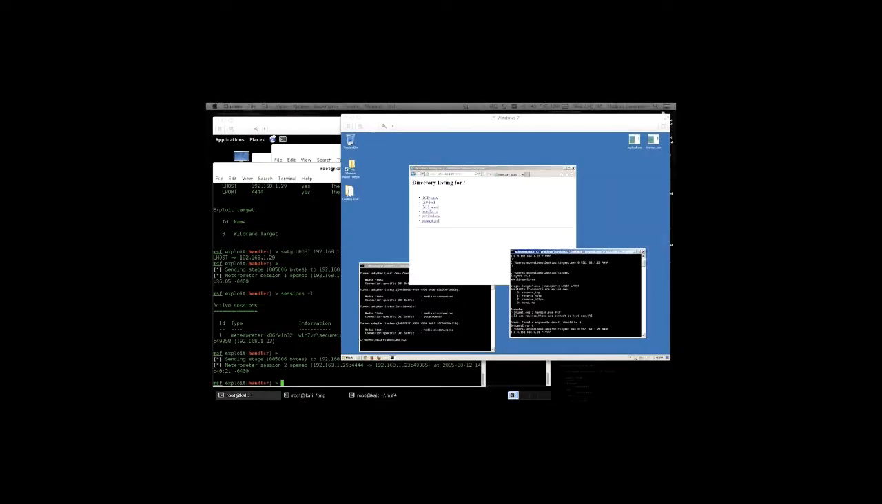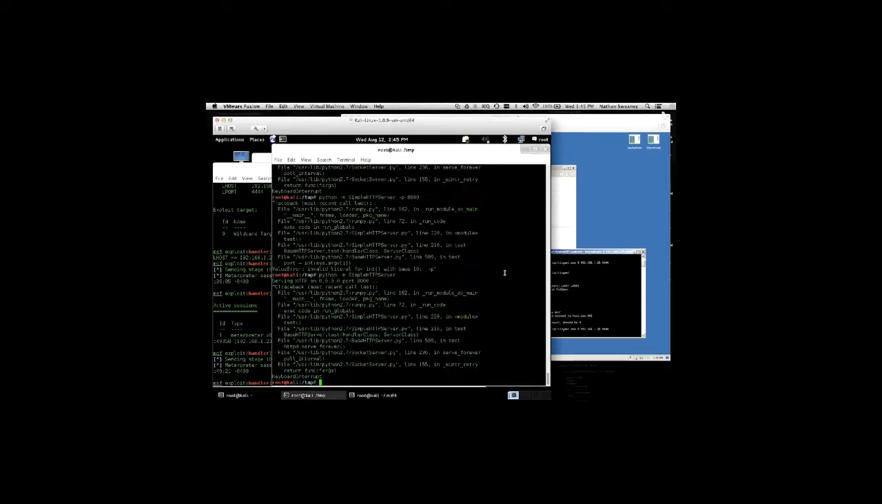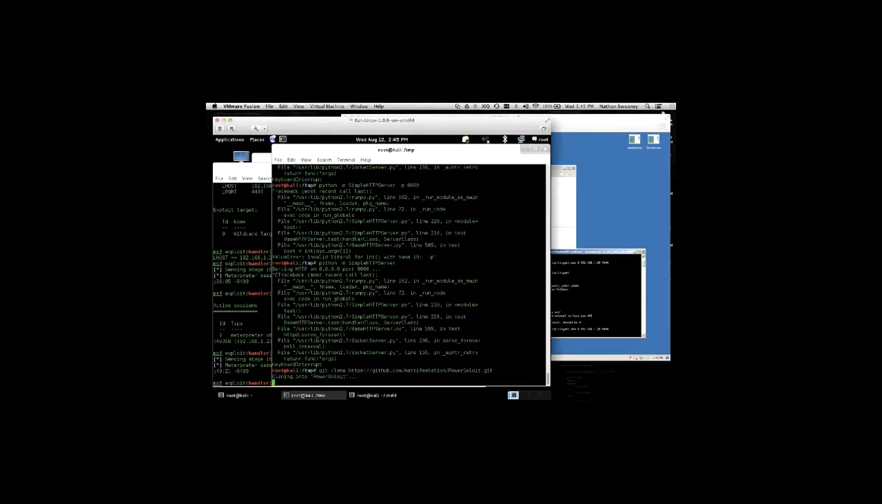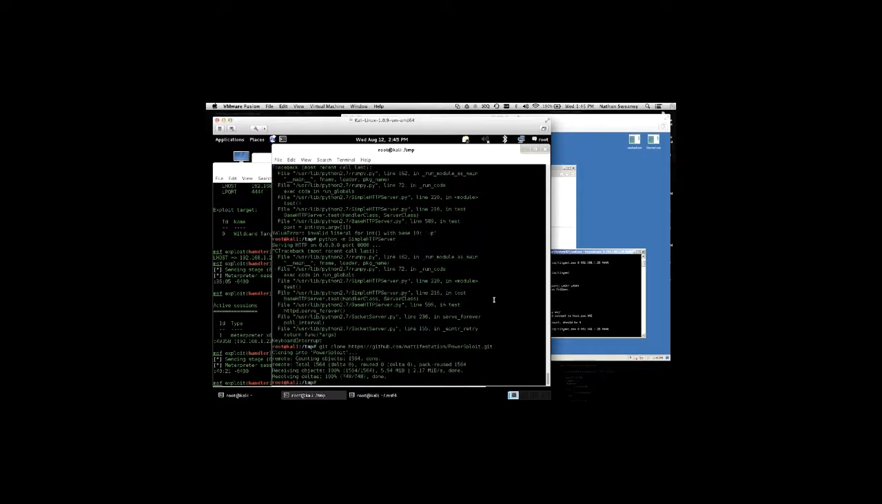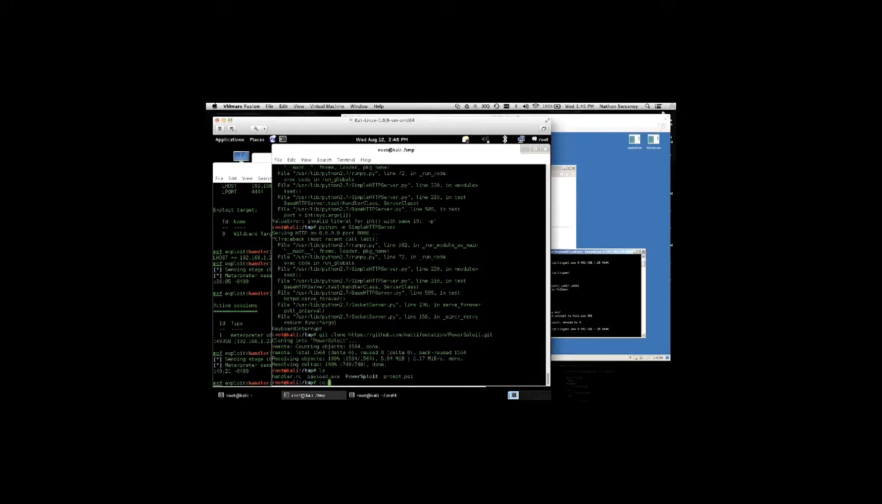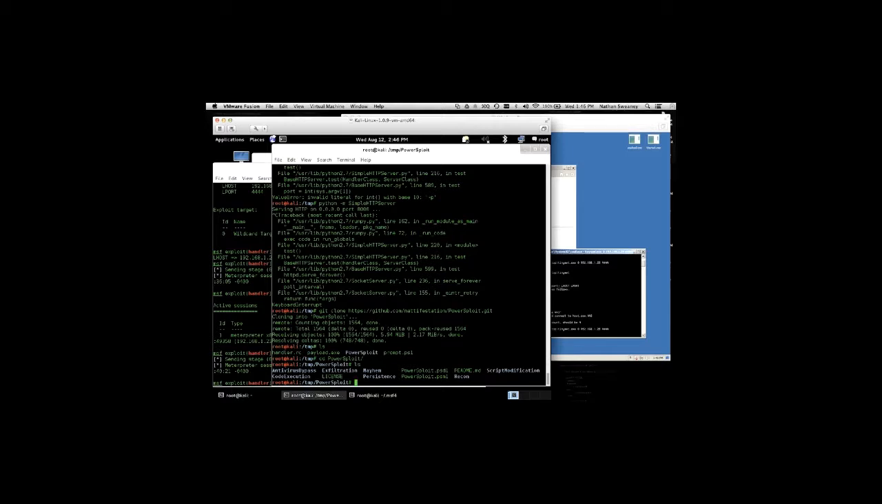So switch back over here. The first thing we need to do is download it. We're just going to do it right here. I'm going to copy and paste. We're going to clone it from Git, and this just takes a second to download the files. Now we've got the PowerSploit directory, so we're going to cd into it, and then from here I'm going to